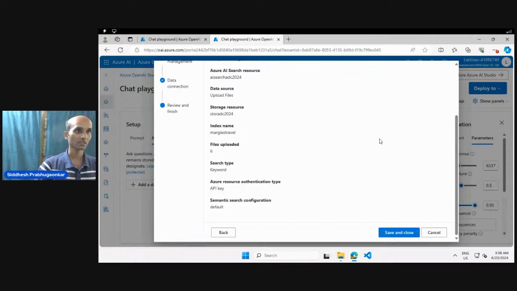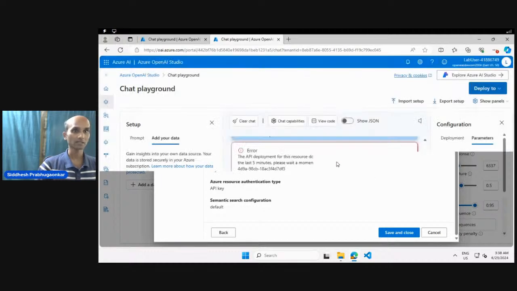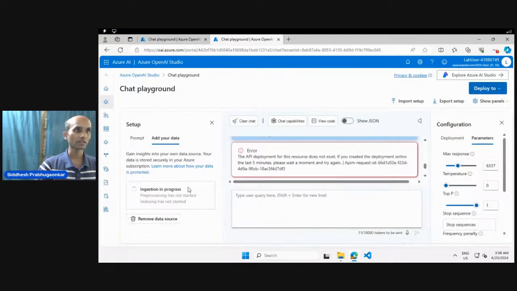Click on next. Wizard completes. It is going to ingest the data and index that data. And after indexing, we can try out few examples to make sure that we are getting data from the data sources as a grounded data. By the time it performs the ingestion and indexing complete, let's go to